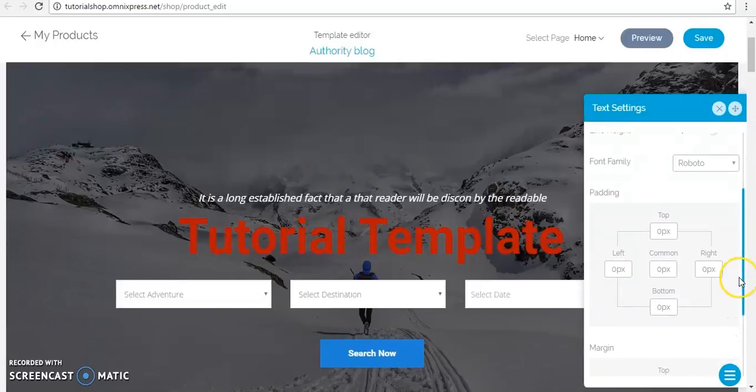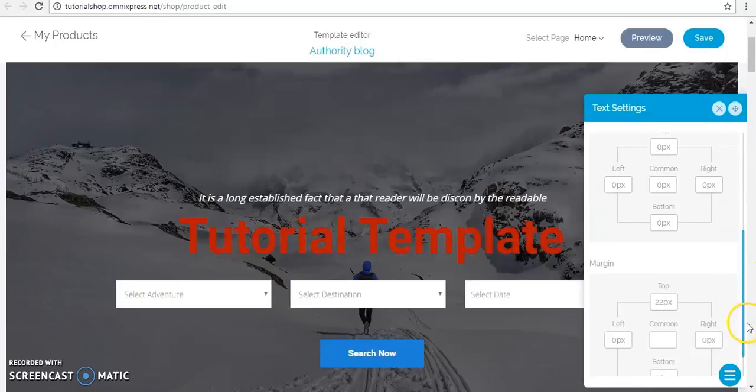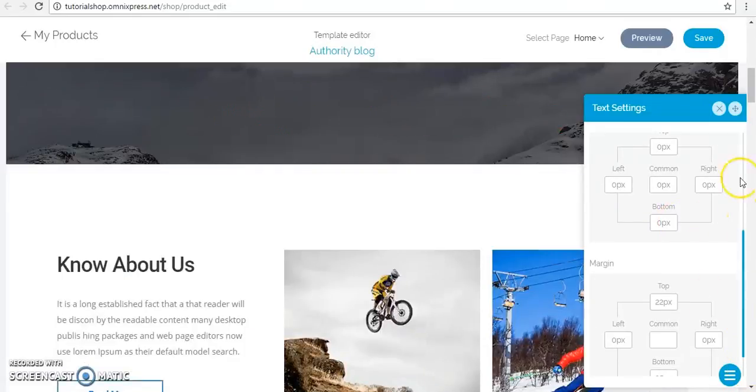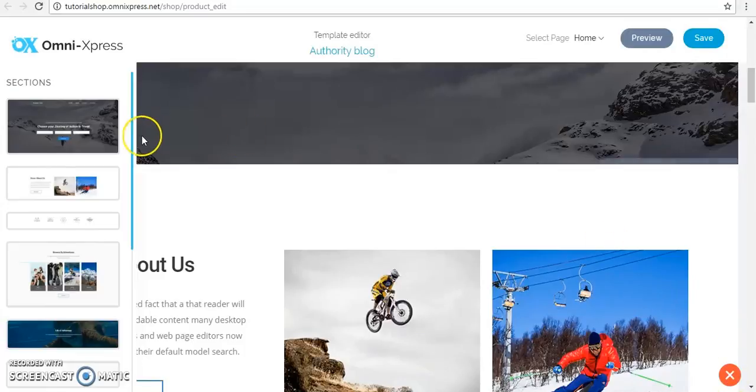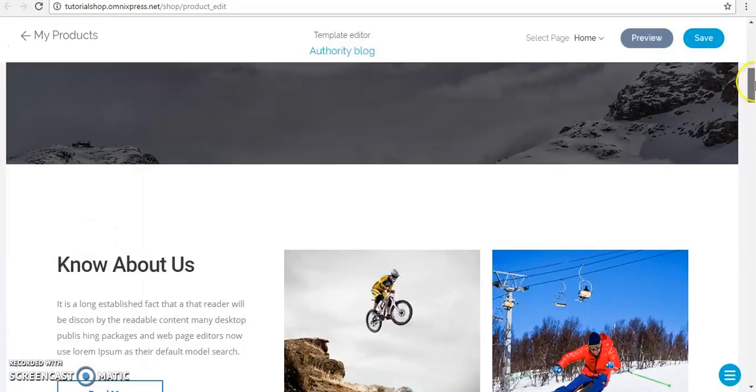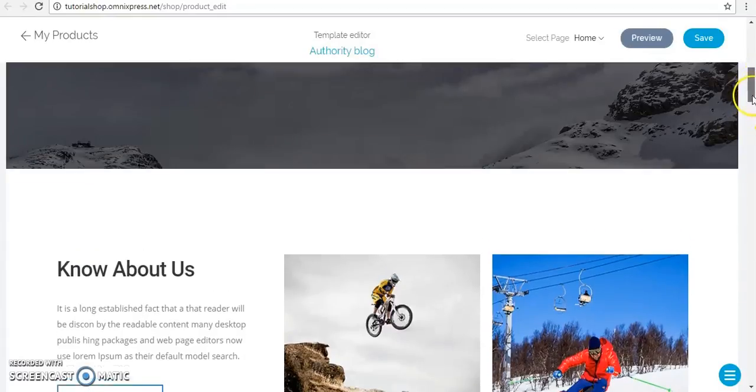What else do I have? I have padding, I have margin, and this. Cool. And if you can notice, this particular bar is for the menus, which will appear on the left hand side. Yes, here it is. Because my screen is compact, due to responsiveness we have added this, and if your screen is much bigger than mine, you'll see this automatically on the left hand side. Okay, cool.